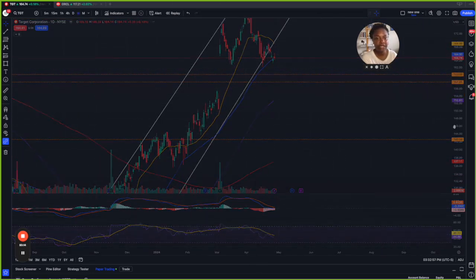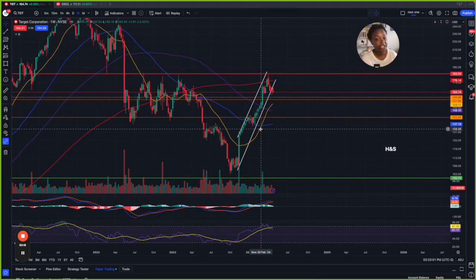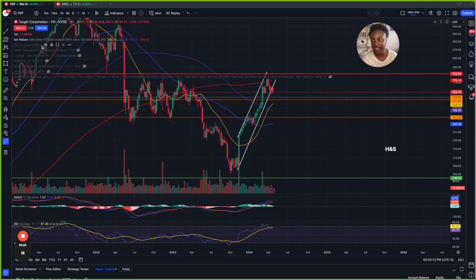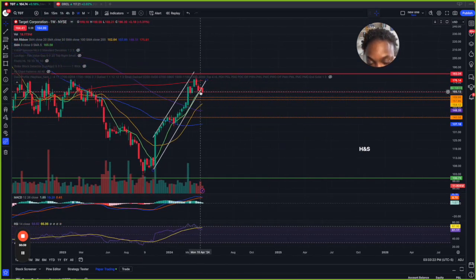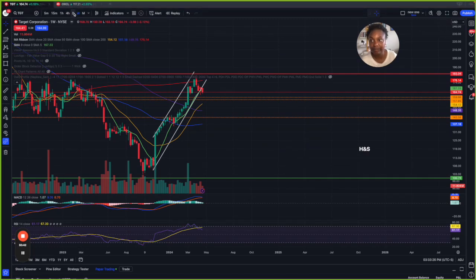Let's look on the weekly. Now the 20 has come in and crossed above the 50. It's crossed above the 100. Hey, it's trying to work its way back up. And let's see if I turned on my 9 moving average, if it also crossed above the 20, which it did. See, we got that crossover right there. And the 9 MA is right in here at the support trend line. That's what it's kind of hanging on to, hugging in there a little bit.